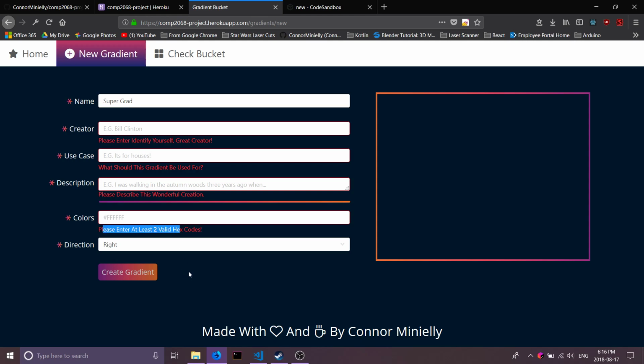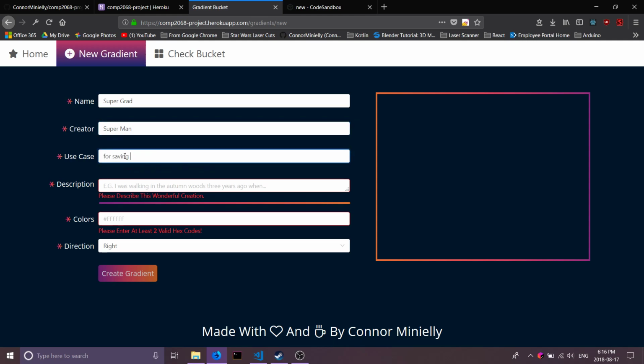Especially down here in these two, there's some interesting things going on, so I'll just fill this stuff out and get to that. So super grad is made by Superman. The use case is for saving lives. And the description is